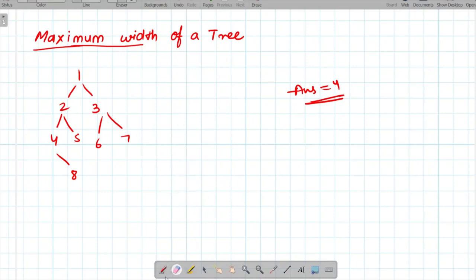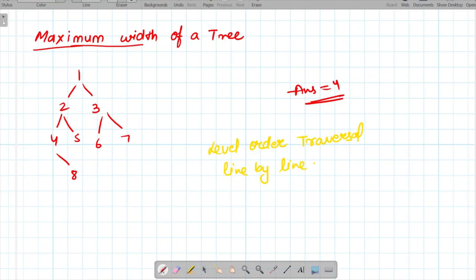So now how will we solve this? This will be solved similarly to the code that we have previously done, which was level order traversal, line by line. Okay, so what we will do is simply traverse the given tree line by line, and we know that while we are traversing the given binary tree in level order fashion, we will always store the nodes of a particular level in our queue.